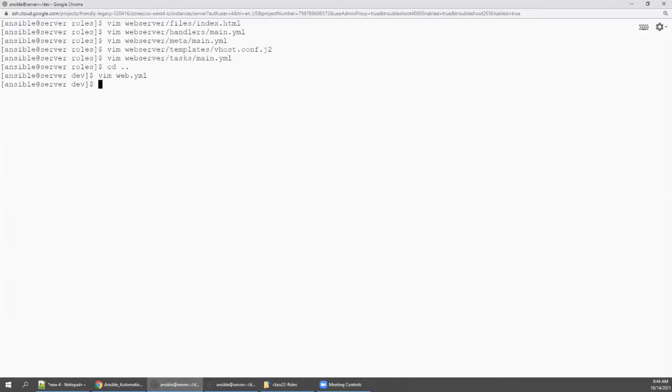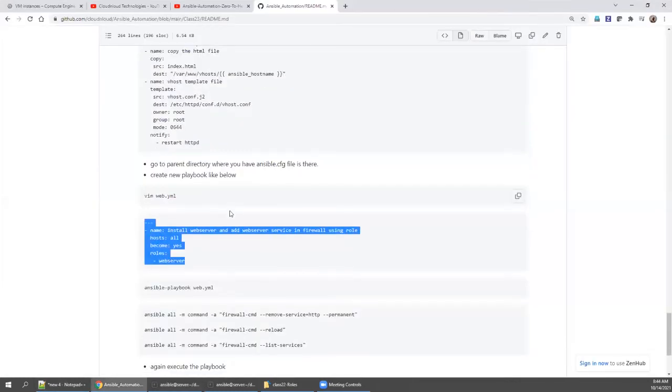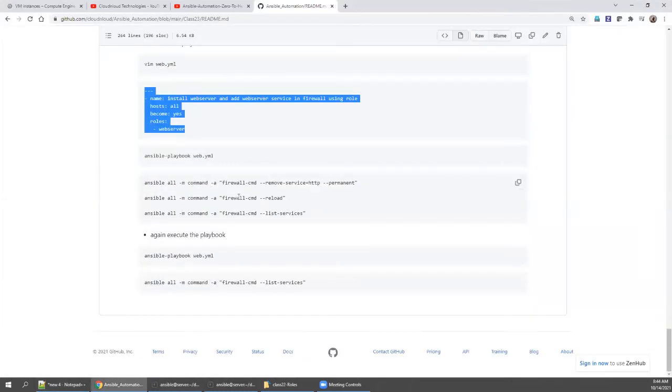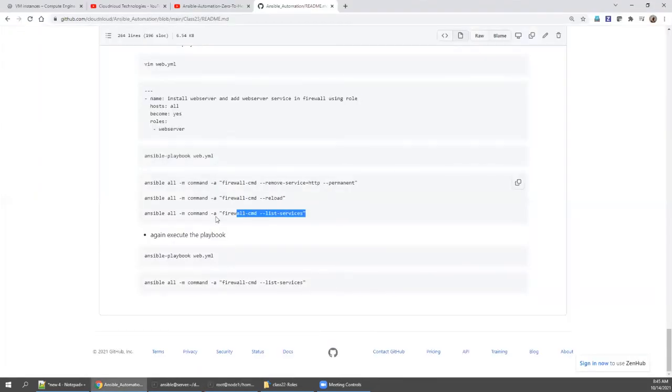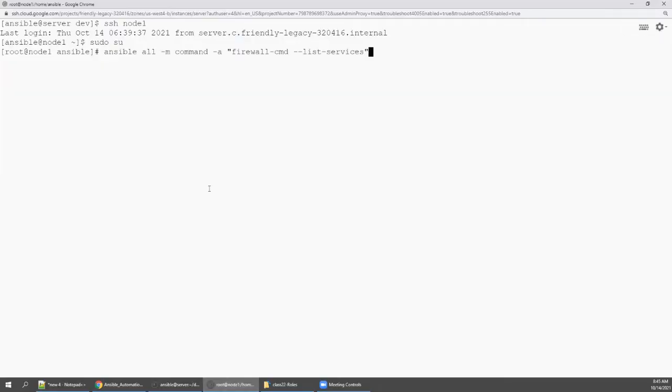and paste it. Now, before going to this, there is a checking command. So go to any one of the node 1. I have another window, so I'm going to log in to node 1. You can log in to node 1 or node 2, both are fine. Sudo, I'm switching as root. So best you go with list services, to see what all services are now allowed.